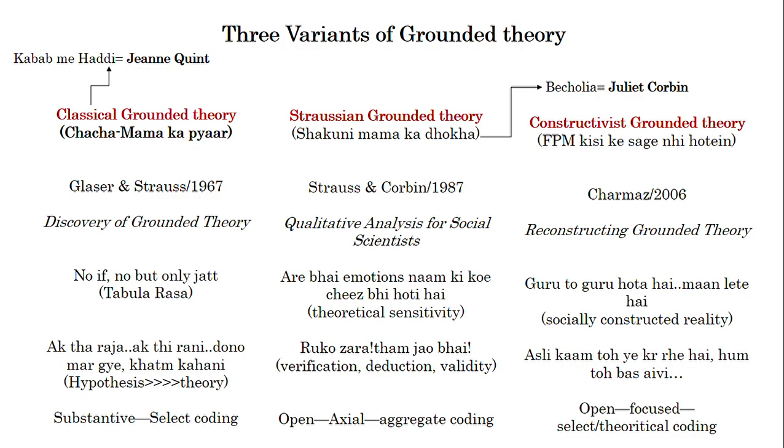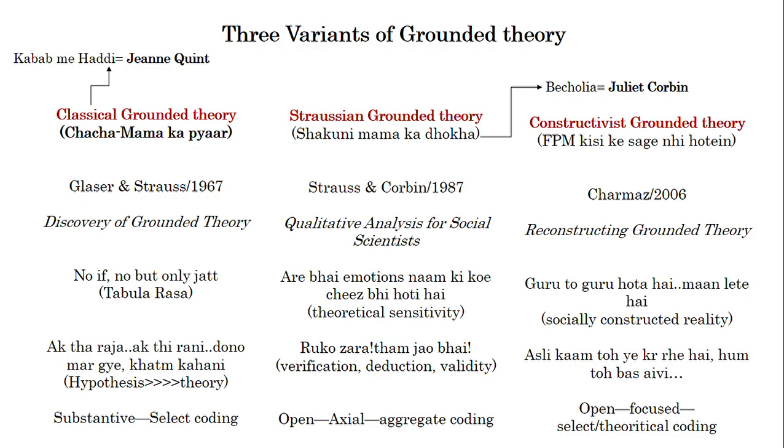Here, one more thing that is important is that Glaser and Strauss both came from two different educational backgrounds. When I'm saying educational background, I'm basically focusing on the stream to which they were aligned. For example, one of them was coming from the biology background, and the second from the sociology background. So this varied experience of working in pure science and working in humanities helped them to develop grounded theory in a more comprehensive manner.